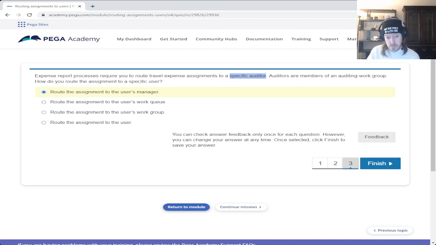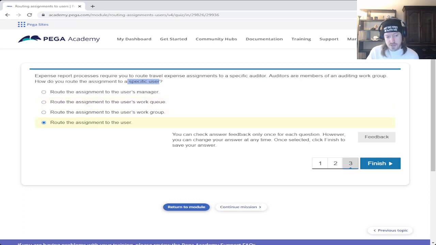I would imagine that it's the user's manager here, because these next two are allowing for others to step in and take that specific user's potential work, right? So both of these don't really work for that.